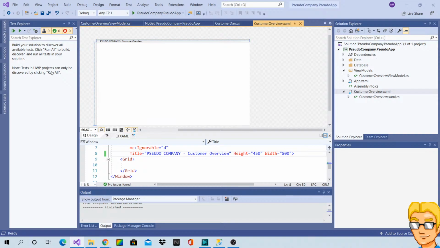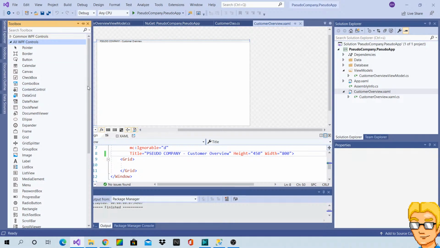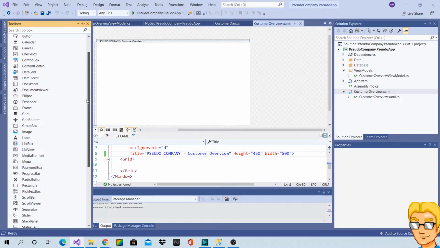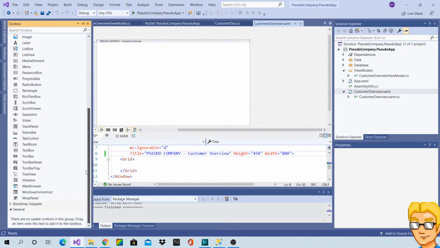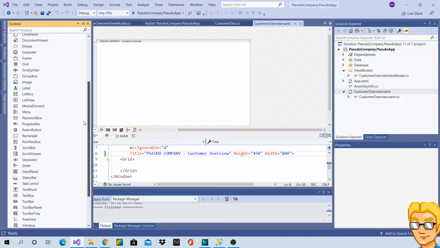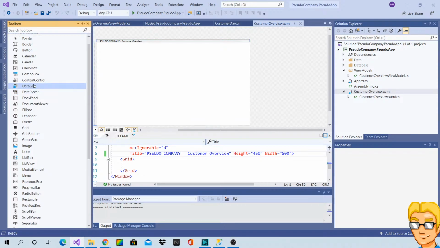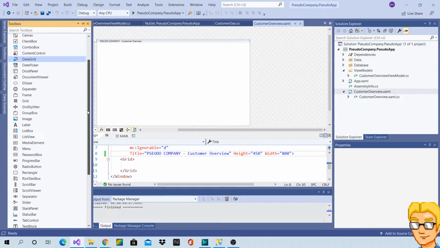And then I'm going to add some UI elements. I haven't decided yet. I guess I can just simply use a data grid. I guess that's the most obvious and simple choice. Or maybe a list view. Maybe a list view would look a little nicer.